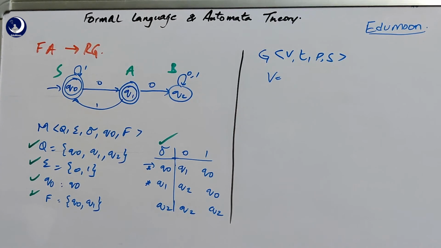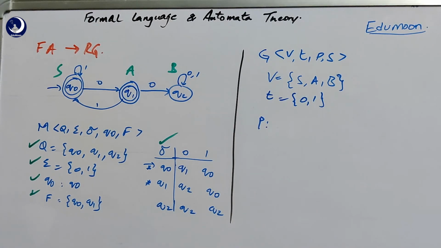Therefore the variables for the grammar are S, A and B, and we have assigned Q0 equal to S because that is the initial state in the finite automata, and S obviously will be the starting symbol in the regular grammar. So always the starting state can be assigned as the variable S, or else we can leave the variables as Q0, Q1, Q2, and write the start symbol as Q0. For simplicity we have taken S, A and B here, and the terminals are the same, that is sigma, 0 and 1.